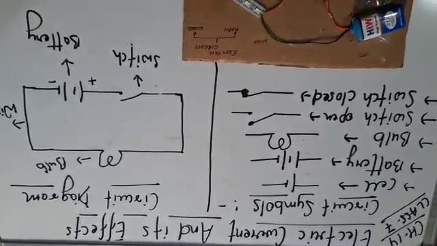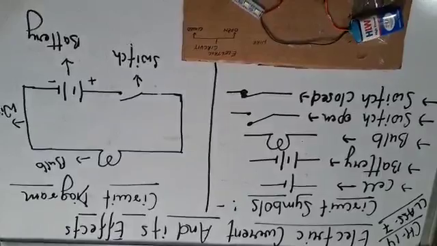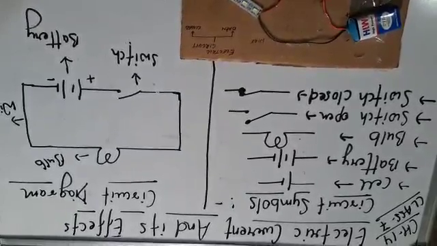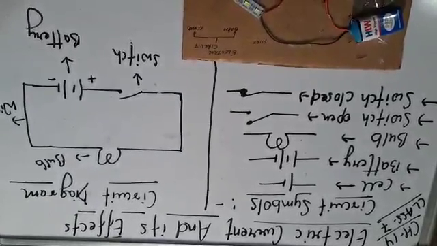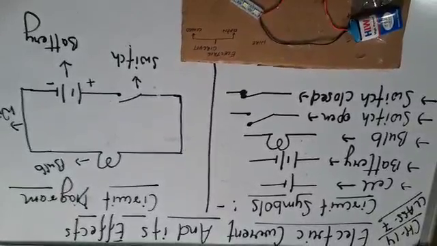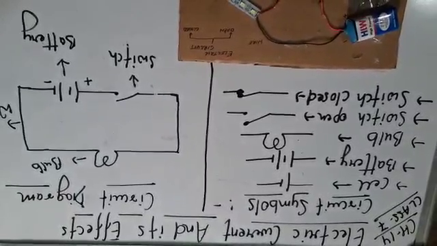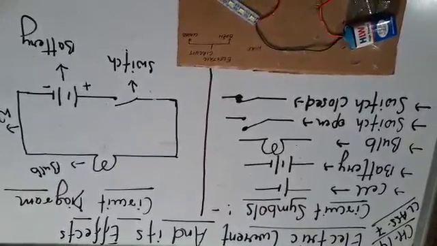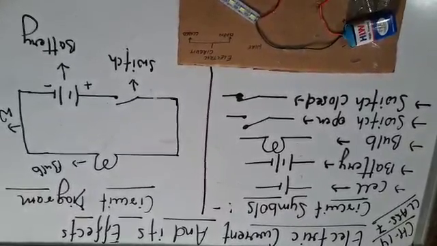Hello everyone, today we are going to study the chapter electric current and its effect. So the first thing we should study in this chapter is: what is electric current? Electric current is the flow of electricity in a conducting material, and that electric current flows through a circuit,